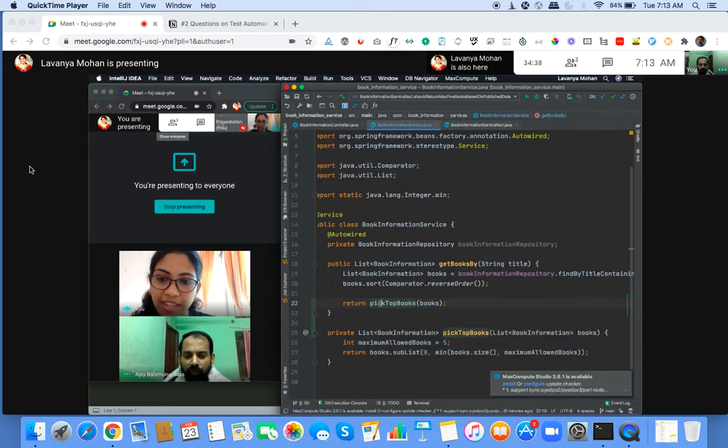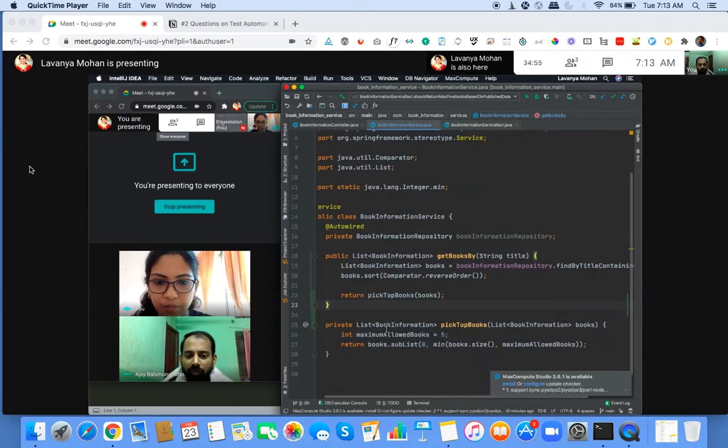If they want to know exactly how it is picked, then yes, of course, go into this method and see a little more detail. But if for them it's just enough to know that, okay, this is the method that is doing the picking of the books, then it's fine. Then they don't need to go into the detail. So having this kind of small abstraction is probably a good way to help improve readability.